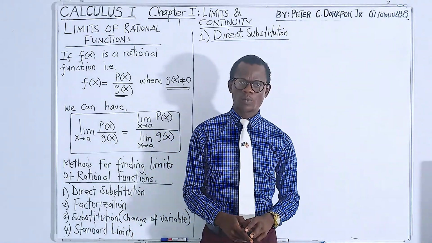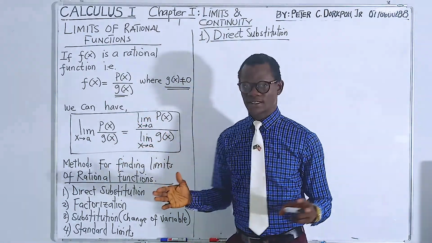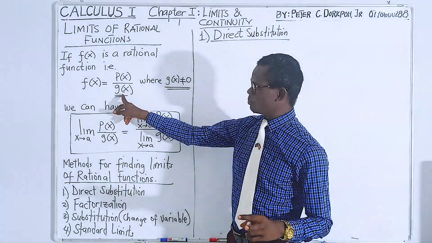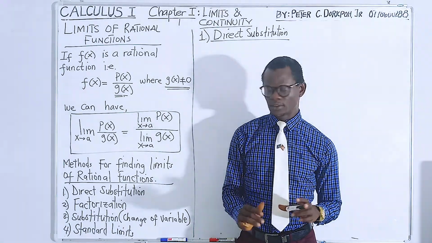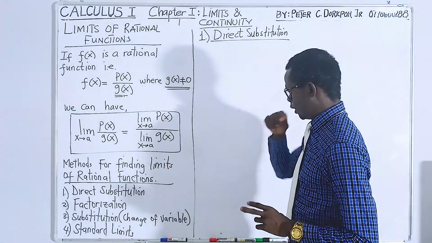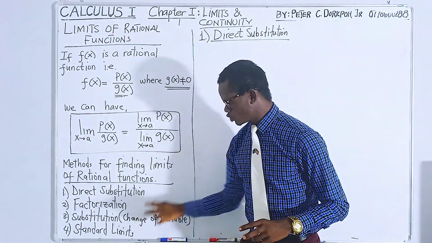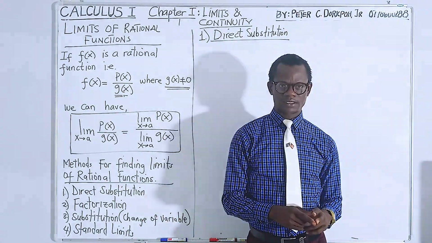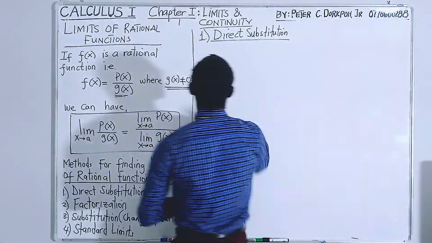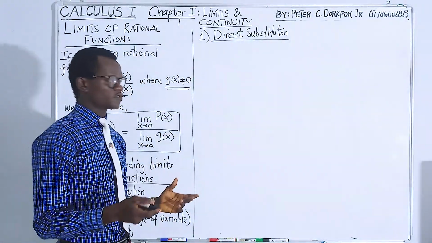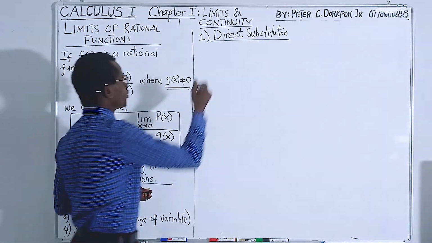So the first method will be the direct substitution. Now, the direct substitution works for cases where the denominator is not equal to 0 when you apply the limit. The next ones have to do with the factorization method, the substitution or change of variable, and the standard limits. I'm going to discuss them one by one. So let's first start with the direct substitution. We said the direct substitution method works for problems wherein the denominator of the limit is not equal to 0. For example,